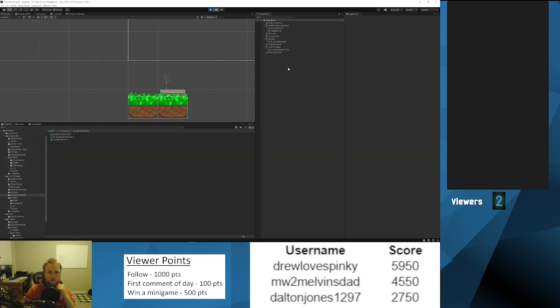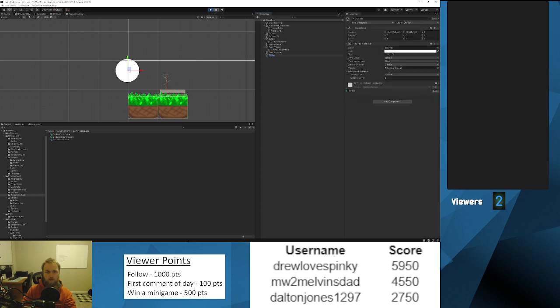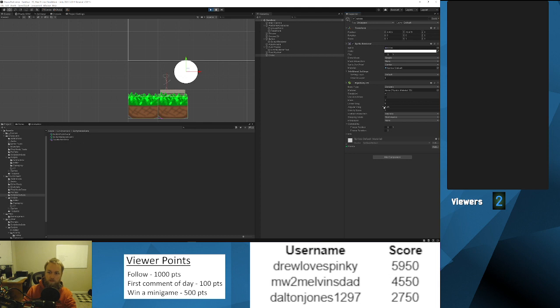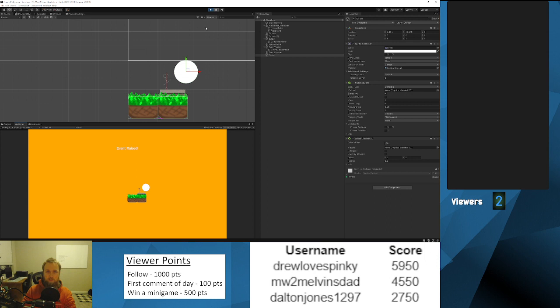I'm gonna pause it while I set something up. Create a circle. Put this here. Give this a rigid body 2D and a circle collider. Okay, so now watch. The circle will go into the button and then should fall away,